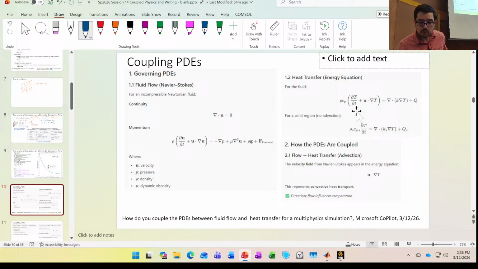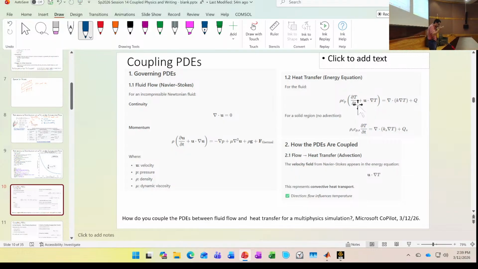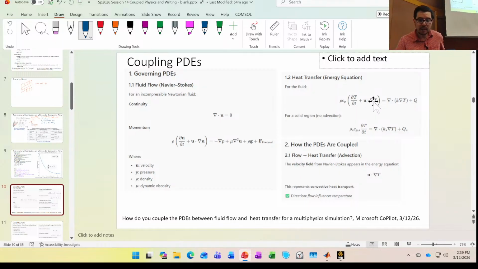The heat transfer, this is the heat equation, right? This would be some internal heat source. This is Fourier's law right here, the divergence of that, okay? And this is essentially rho c dT/dt, right? So that's the specific heat times the density, or it's the heat capacity, and times the change in temperature versus time. And then this term is a flow term. So this is an interesting term.